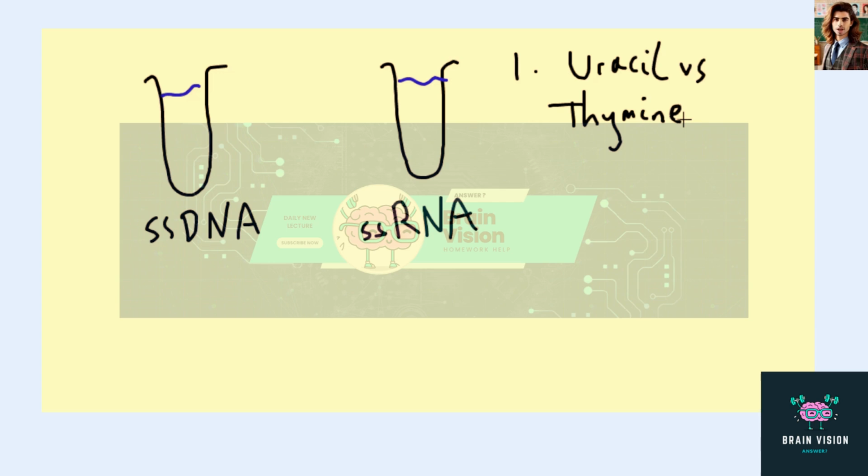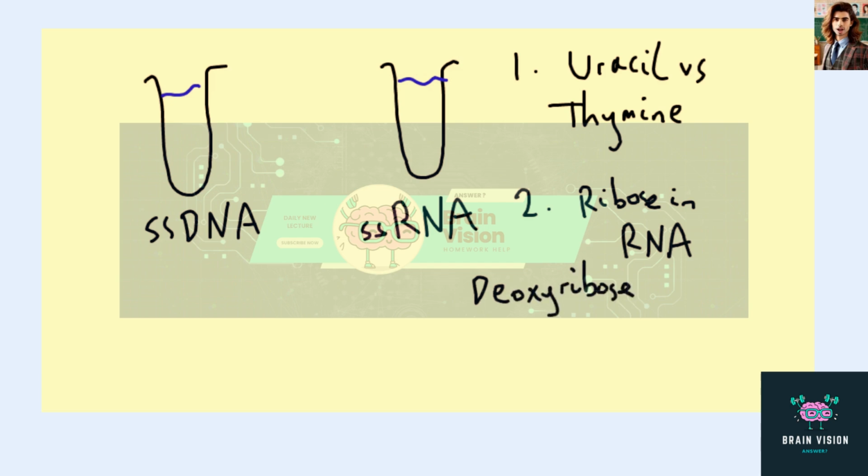Doesn't apply here because the sequence we've been given doesn't have either, so we don't have to worry about this difference. Instead, we worry about the second difference in the fundamental structure, and this is in the backbone, and it is ribose in RNA, deoxyribose